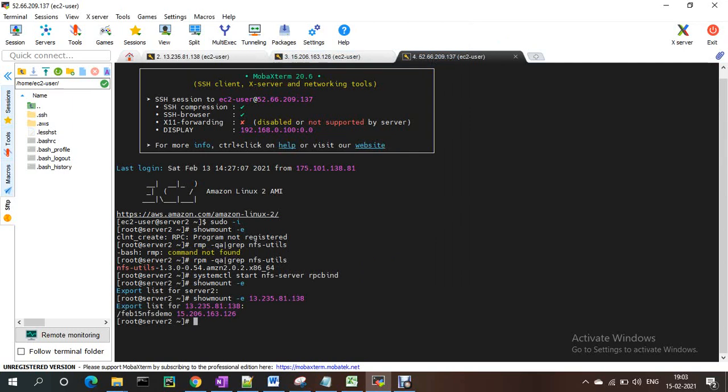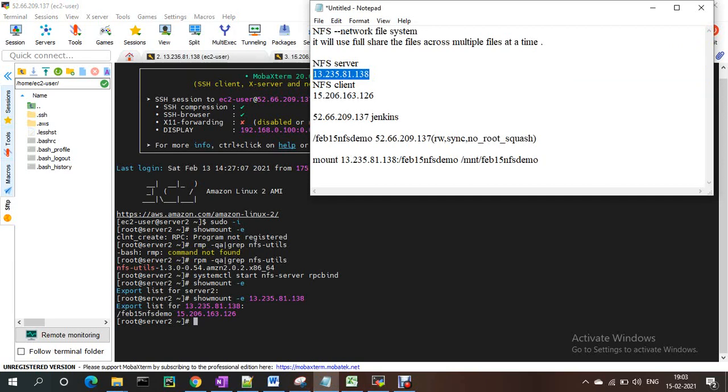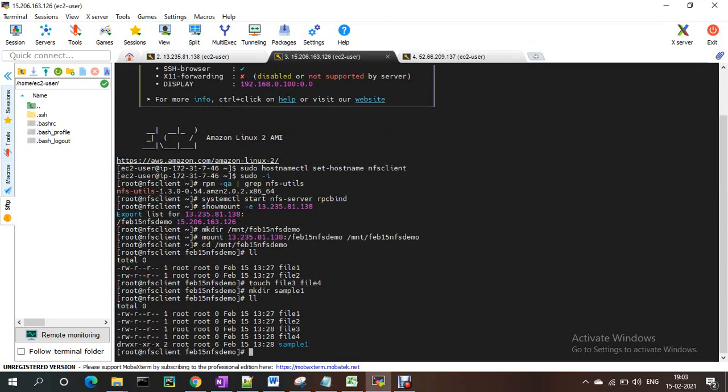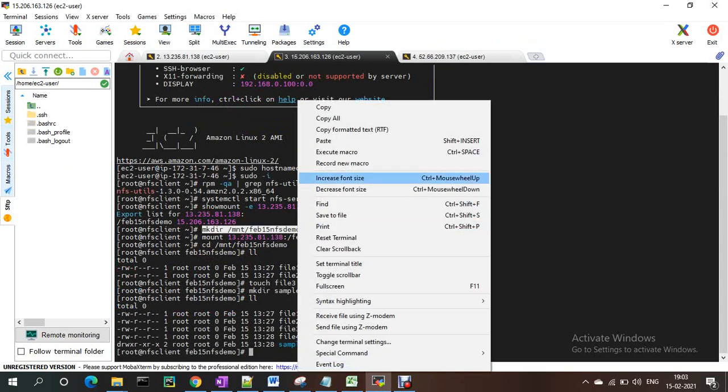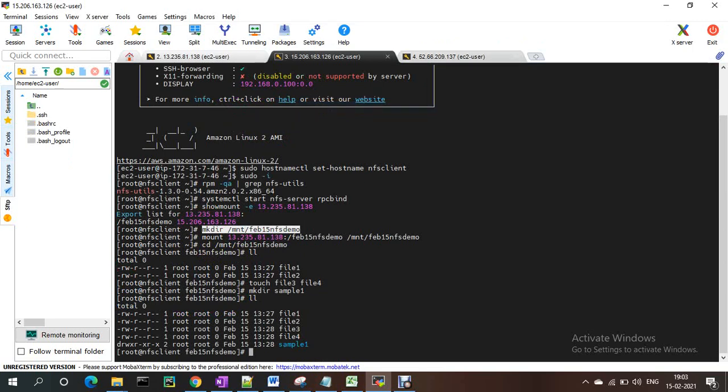Okay, and now same thing, we need to create a mount directory here, whatever steps we have run, the same thing we have to do with mkdir. Copy this one.